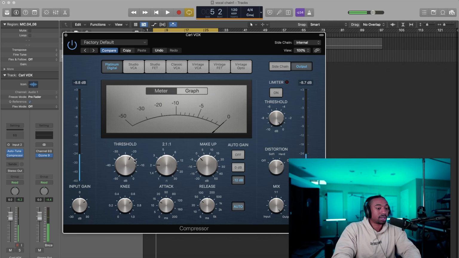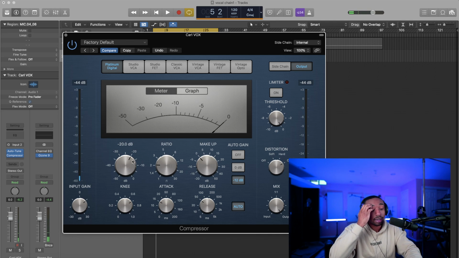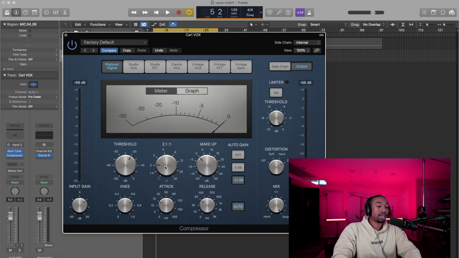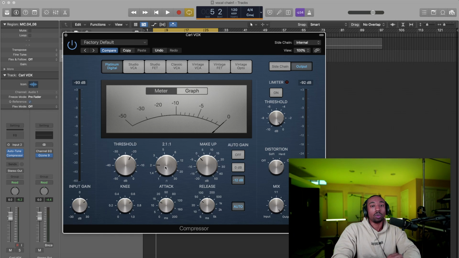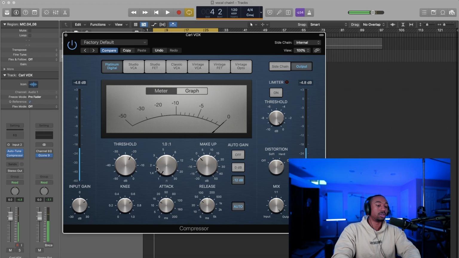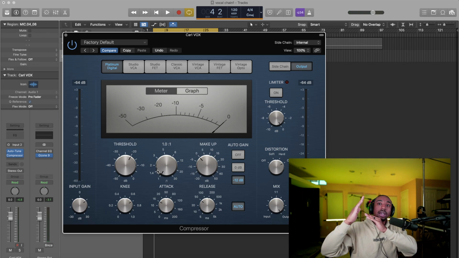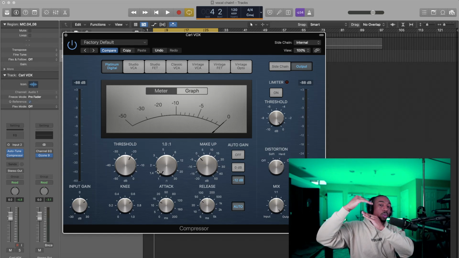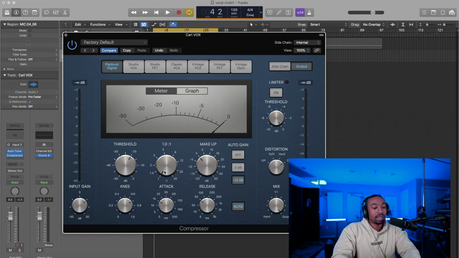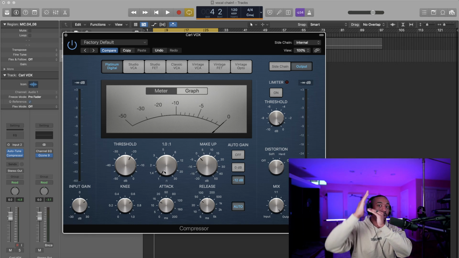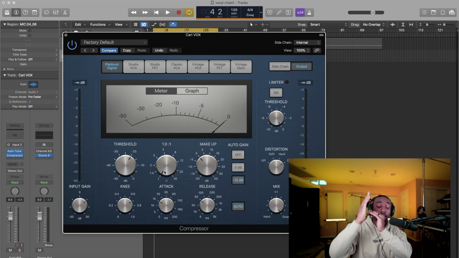And all we did was set the threshold. We didn't really do much of anything else. So the next tab to look at: some compressors are set to 1:1 by default, and the needle won't move, because the ratio means, once it goes above that threshold, what ratio of volume are we going to take away from the sound? If it's set to 1:1, it's not taking away volume. It's just letting the sound go above the threshold.